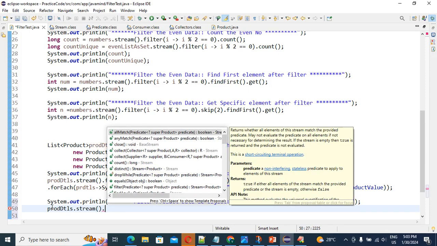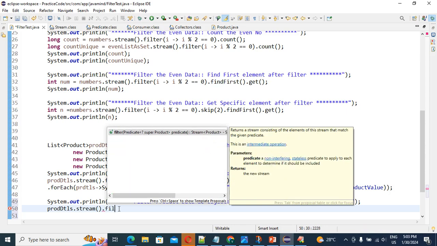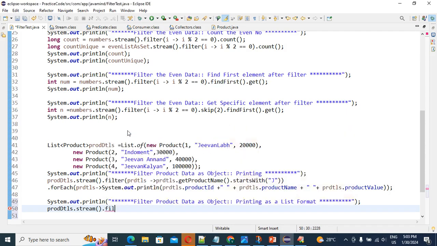Now we are going to filter. On which basis are we going to filter, I will tell you now. If the product value is more than 30,000, only that product you need to display. The product value is more than 30,000, only those products you need to display. So for that purpose, what we can do, you can take